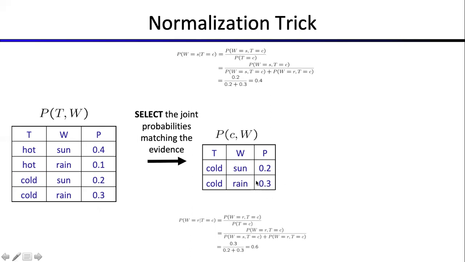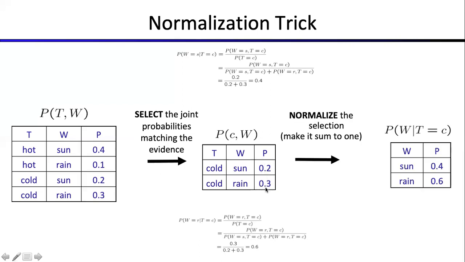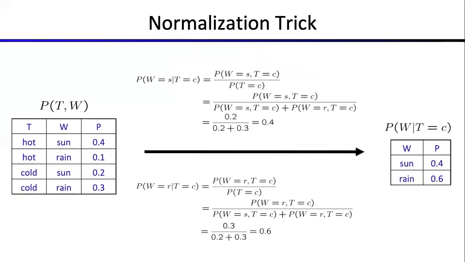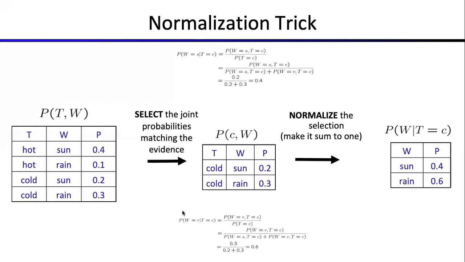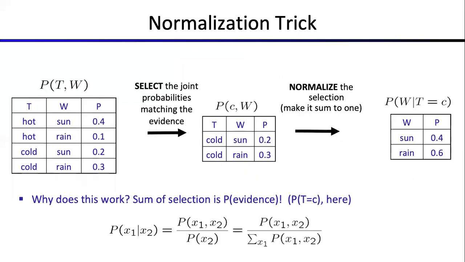एंड देन व्हाट यू कैन डू इज कि इस टेबल को आप नॉर्मलाइज कर दें दैट मीन्स कि ब्रिंग दीज वैल्यूज in the range of 0 to 1 so if you add these two the total values come out to be 0.5 so अगर 0.5 out of total probability 0.5 0.2 इसकी है 0.3 इसकी है तो 1 में से probability क्या होगी this would become 0.4 and this would become 0.6 this is exactly the same table जो कि आपने पीछे calculate किया ठीक है so there are like two ways of doing it या तो आप इस नॉर्मलाइजेशन ट्रिक के थ्रू आप अपनी जो कंडीशनल डिस्ट्रीब्यूशन है वो निकाल सकते हैं या आपने जो कंडीशनल probabilities का जो मेथड है उसको यूज करते हुए वन शोन ऑन द लास्ट स्लाइड अब उससे आप अपनी कंडीशनल probabilities को निकाल सकते हैं राइट